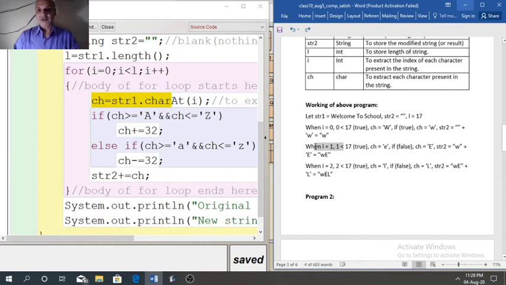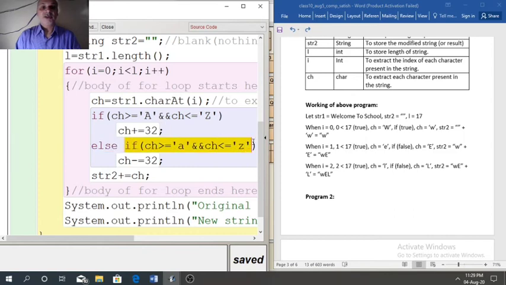When I equal to 1 is less than 17, that is true. Now ch will store character at 1 index, that is small e. For small e, if condition will fail, then it will go to else part. Inside the else part, we have another if. That if will satisfy because ch is a lowercase letter.